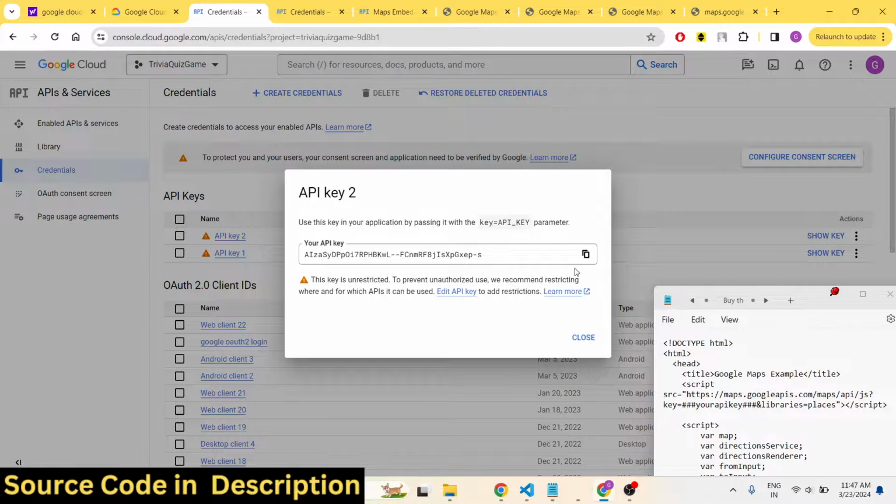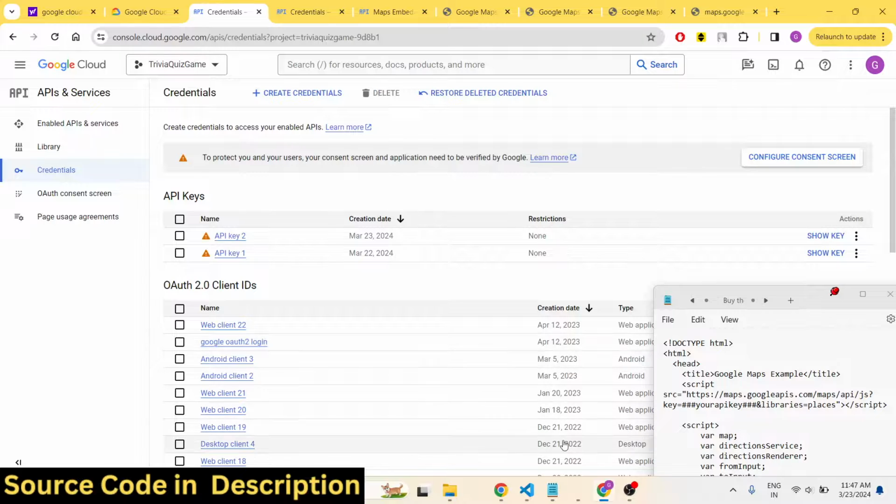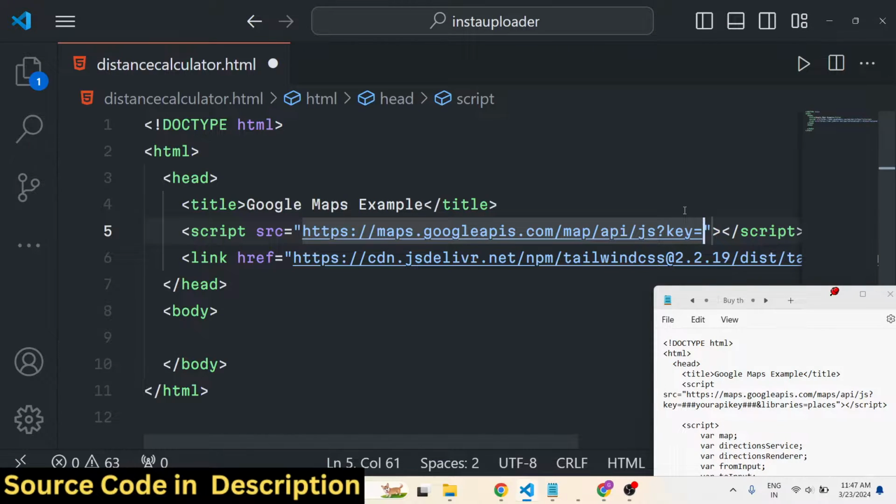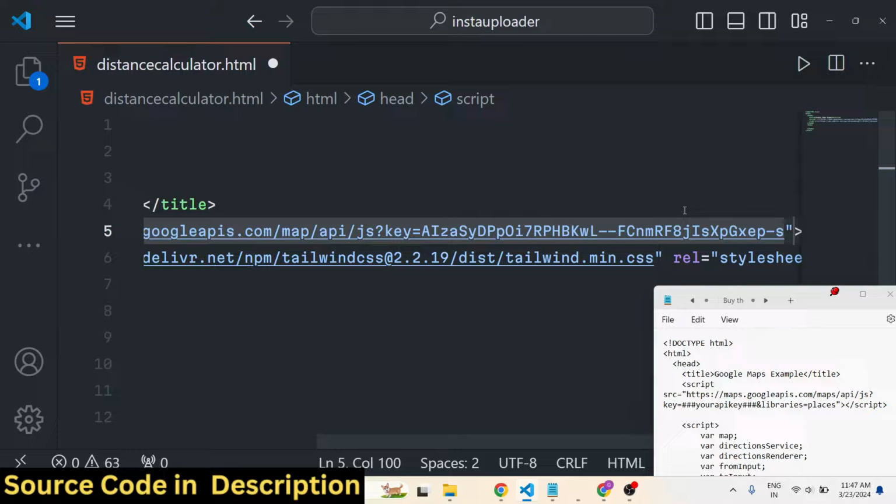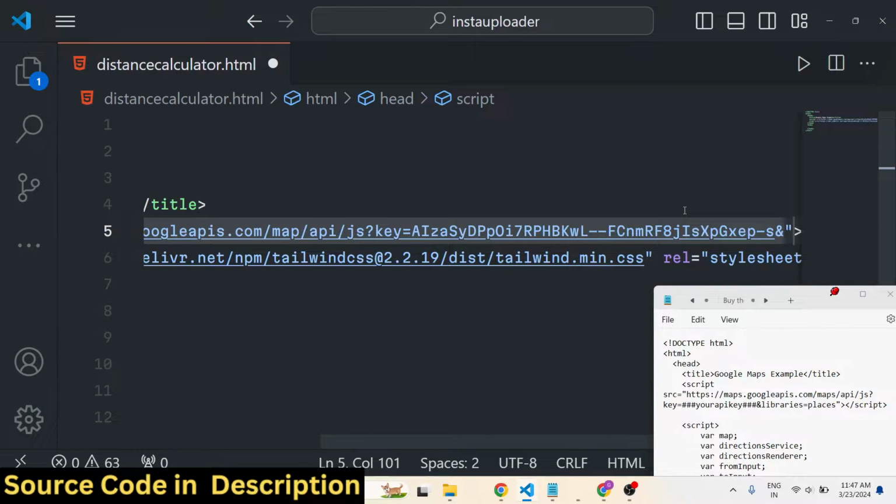So I've already created this API key. Simply I will copy this. I will delete this API key, guys, so just don't copy my API key. And then we will simply say